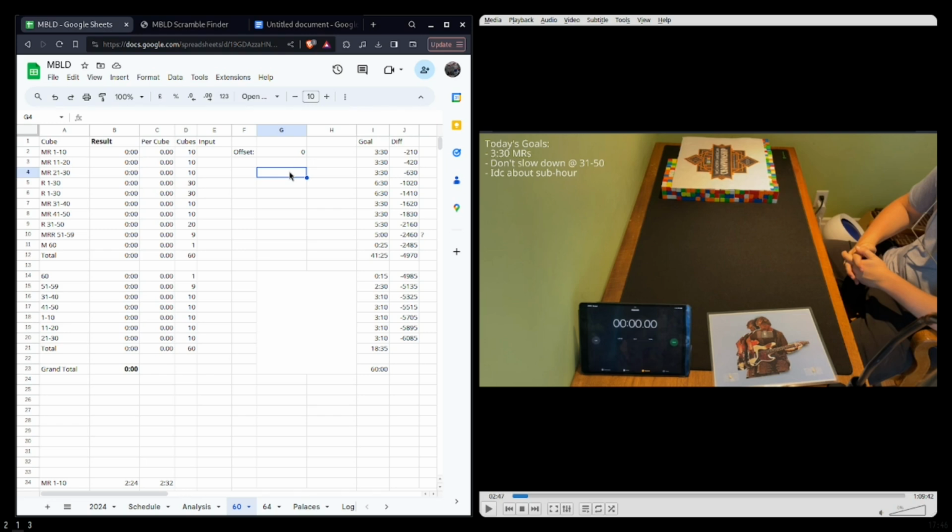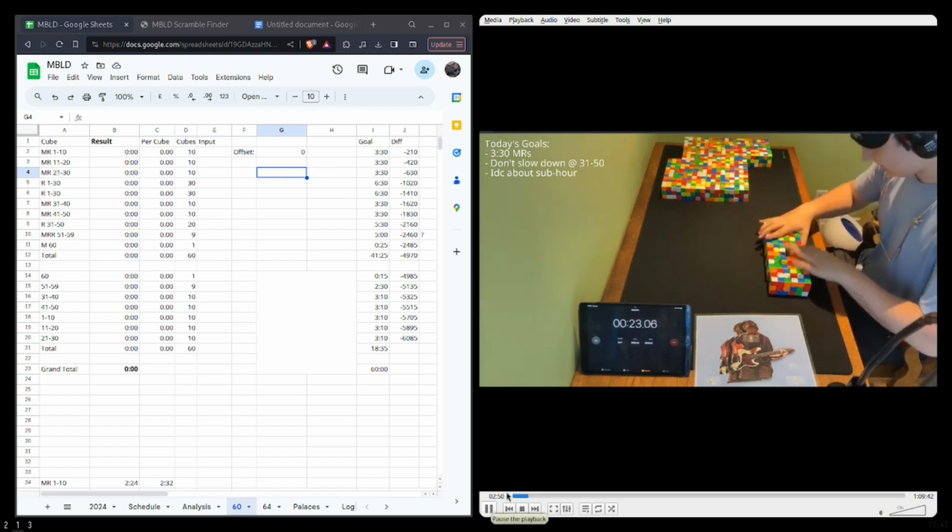before we get into the analysis, here is a quick tutorial on entering times in Google Sheets. This is extremely annoying. I don't know why it's like this. Maybe somebody has a solution, but you always have to type in hour, minute, second. So that would be 30 minutes, 35 seconds. So even if you want to type in 15 seconds, I have to type it like this. And that can get really annoying sometimes. So